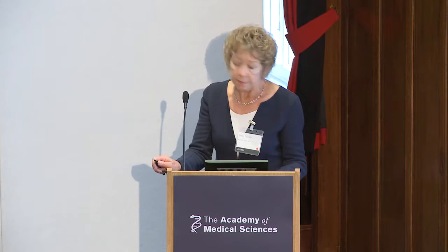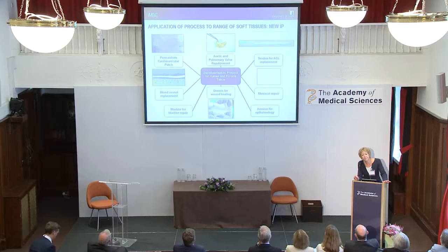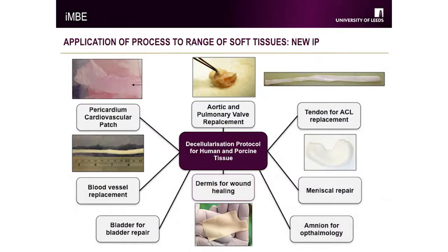He's now implanted over a couple of hundred acellular cardiac valves in patients, and the early to medium-term results of those valves, as you see here in the red, are looking extremely good. So this collaboration was pivotal in our subsequent success. Between the period of 2003 and 2006, we began to apply our technology to a range of different